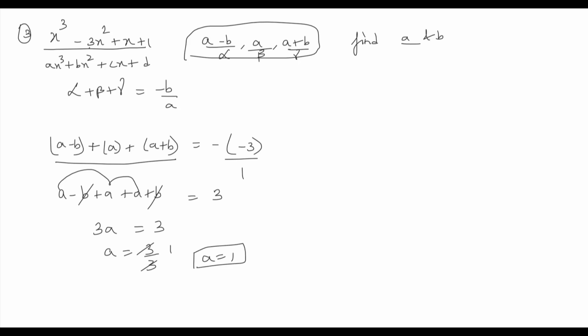Don't get confused by the a and b. They have asked about the coefficients. Coefficients are different from what they are asking. They are asking us to find a, b from this thing. So now that we have found the value of a, we have to find also the value of b.